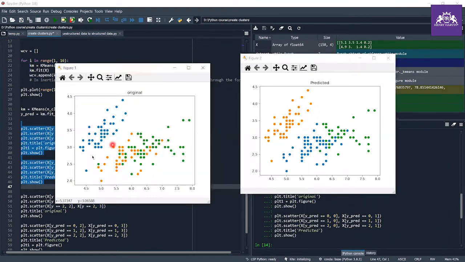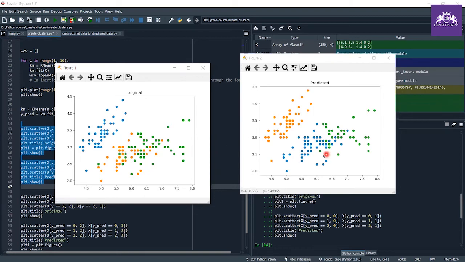So as you can see, these are the first clusters, original, this is the second cluster, original, and this is the predicted. The green part is the original, which is already given, and this is the third cluster, which is made by our algorithm. So it is quite close.